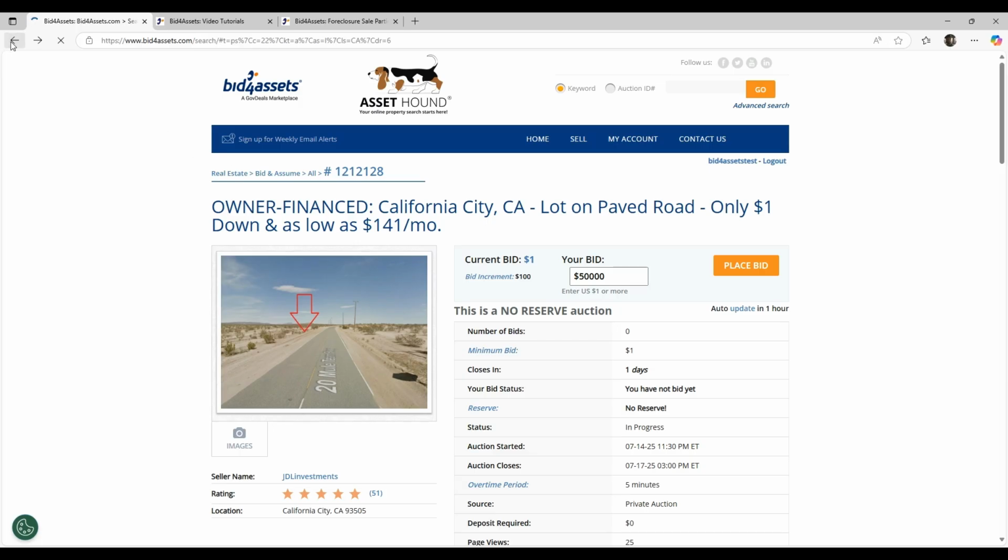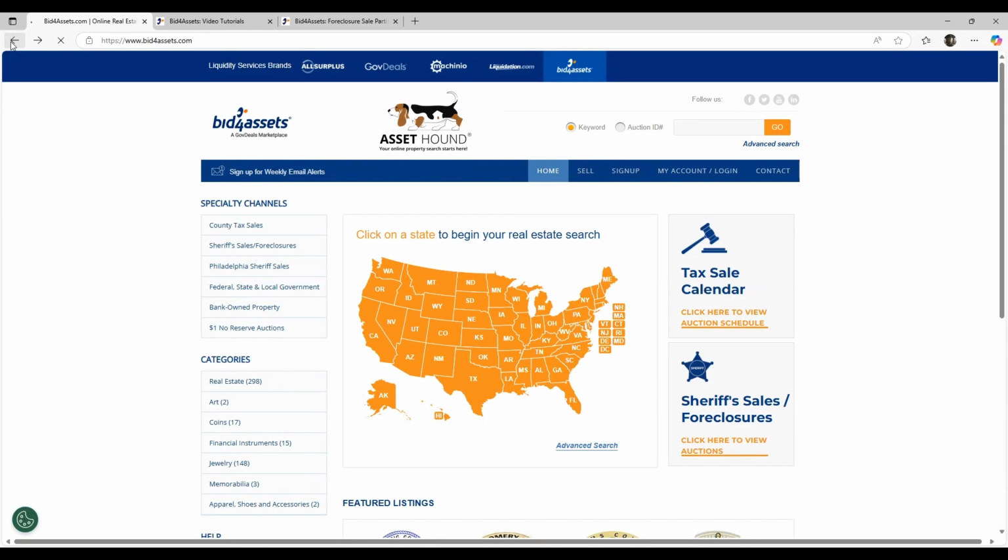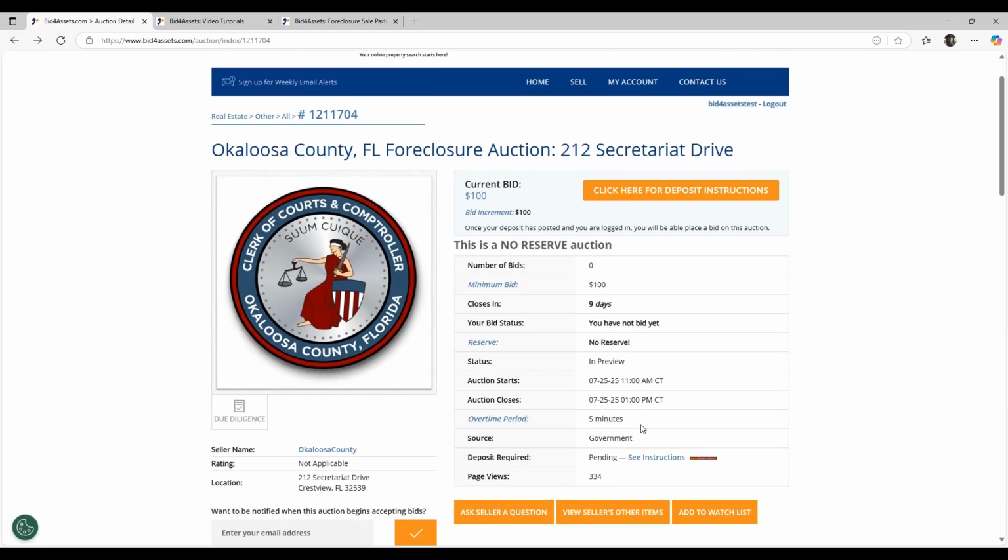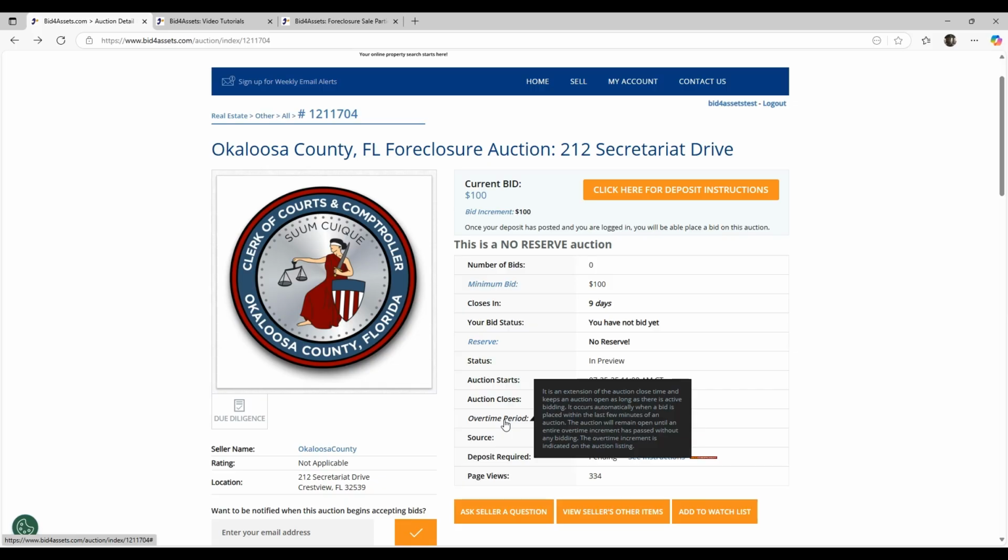Back here for Okaloosa, you're going to see that the auctions are going to be open from 11 a.m. to 1 p.m. Central Time. Additionally, auctions are going to have a 5-minute overtime period. What this means is that if somebody comes in the last 2 or 3 minutes of the auction and places